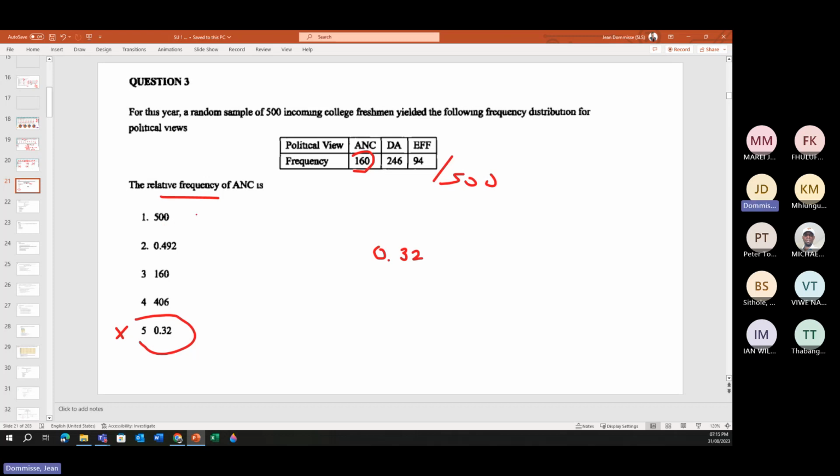That 500 is the total, so it can't be. That is just the frequency. Okay, so if they had asked us the frequency, it would have been 160, but they ask us the relative frequency, so 160 divided by 500 gives us the relative frequency. Okay,